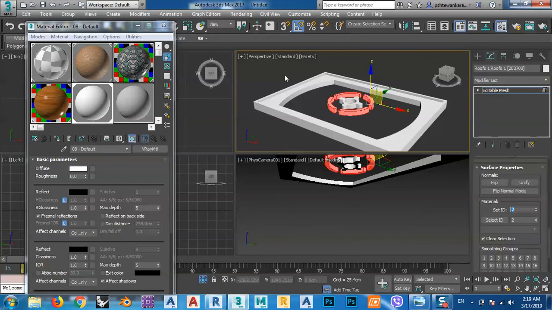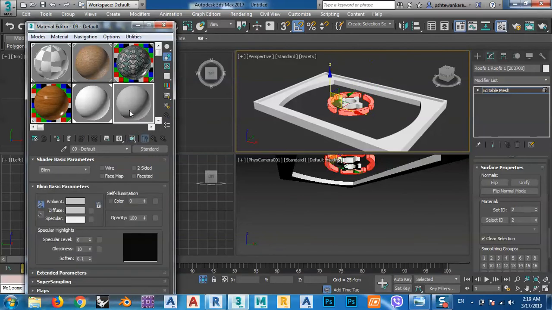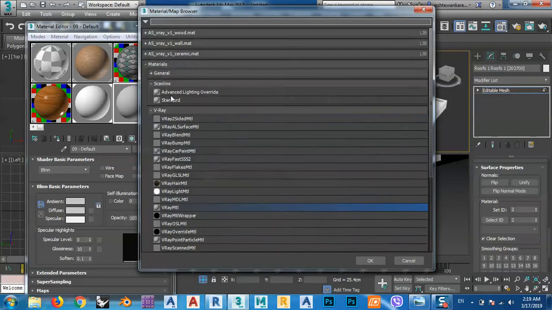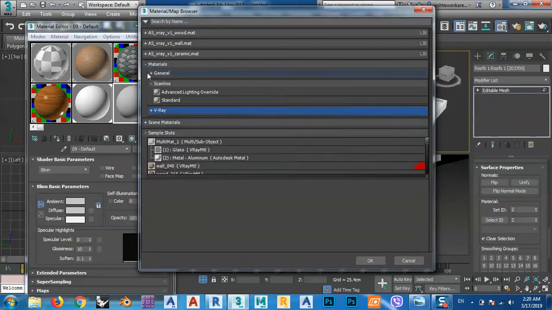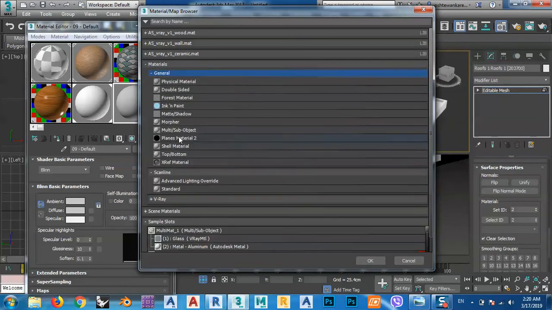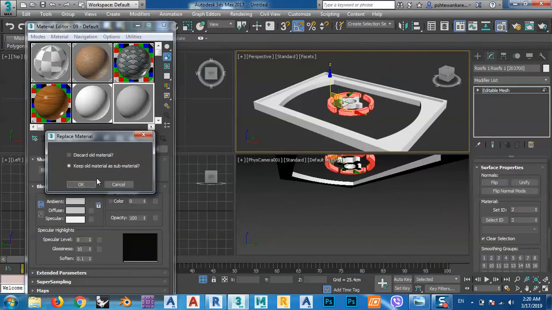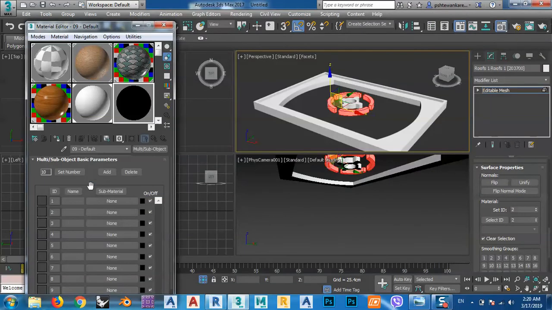Okay, and the rest is okay, the rest is 1. So what I want now, I want to select here and select multi-sub object from general, multi-sub object, discard or okay, set number. I have two numbers,